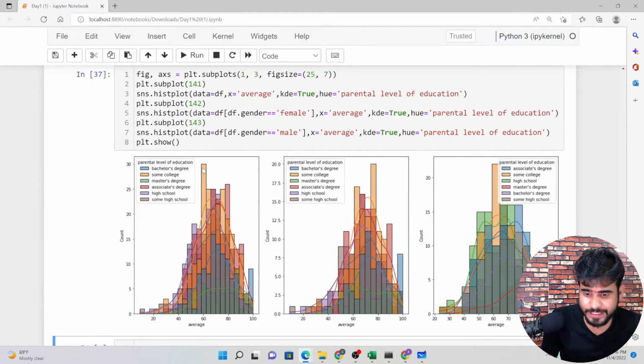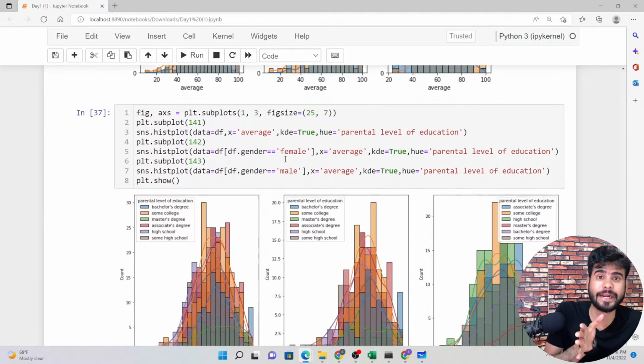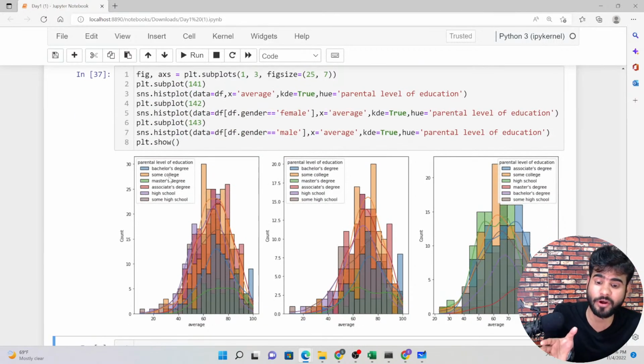See this graph. As you can see, this is some of the colleges. It means whatever the student data that we have, their parents passed from some of the colleges, the local colleges. Again the same for male and again for female, because this color you can find out here. In this graph we are getting a good result, and as you can see, we are getting the least from master. Fewer parents have completed the master's degree, and more parents have completed the bachelor's degree from some local colleges. So these are the insights that we have from this data.